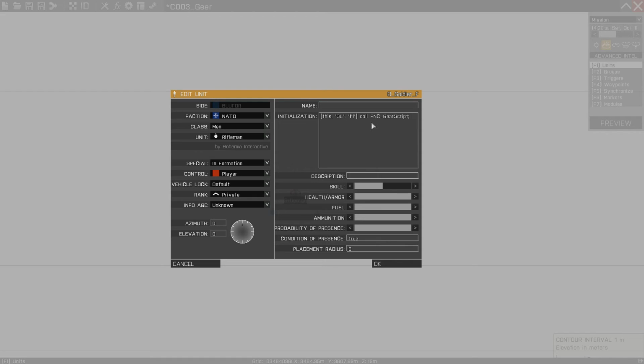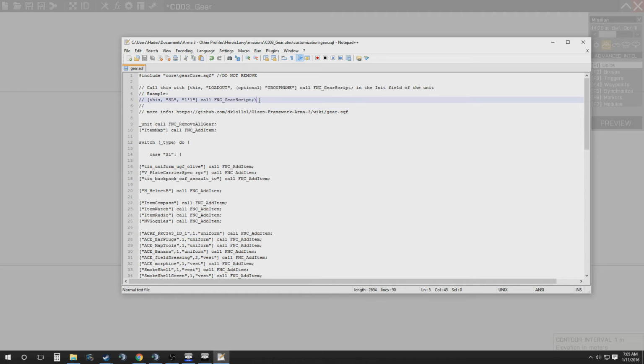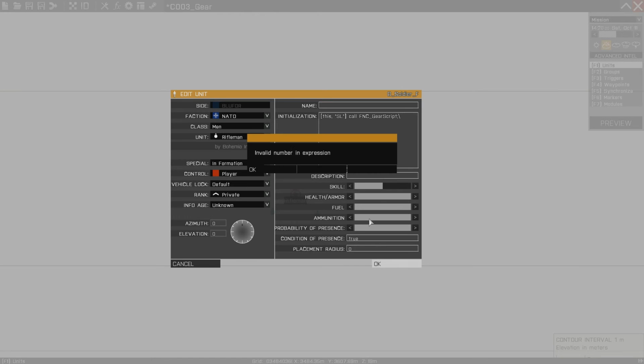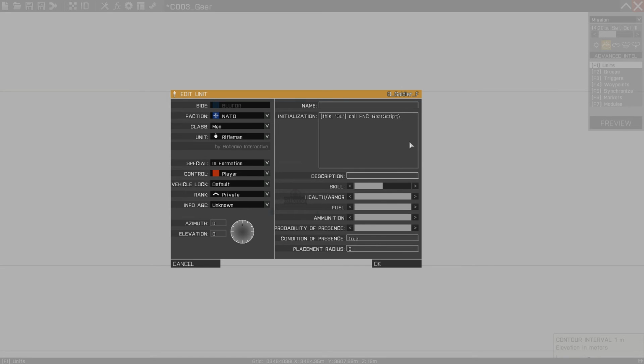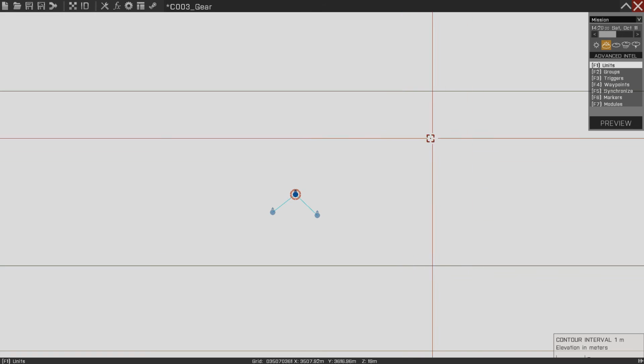Generally, you'll probably not need this part right here. This is optional. I don't use this because I think it just overcomplicates it, so you can just delete that. And make sure you don't copy the backslash right here, because if you do and you click OK, it'll give you this error. Just delete that. So this is all you really need right here. So this squad lead call gear script. Alright, so this is the role that this unit is going to be. Click OK,